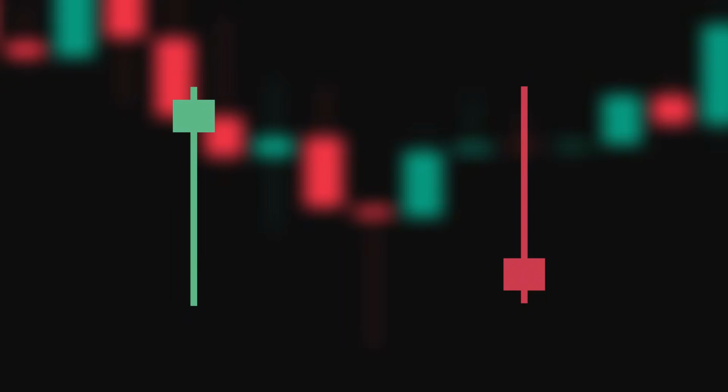Also, the color of the body is not important because the body is short and it shows a small movement of the price between open and close, but if the color matches the direction of the rejection, it would be better. For this candle with a long upper shadow and small lower shadow, when it forms on the chart,